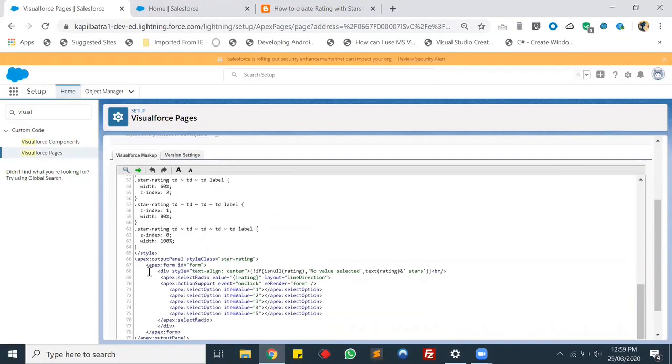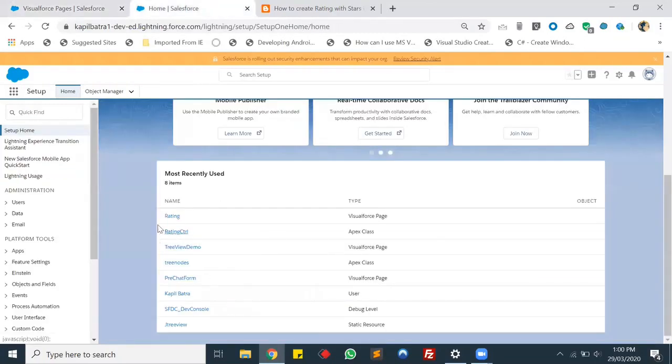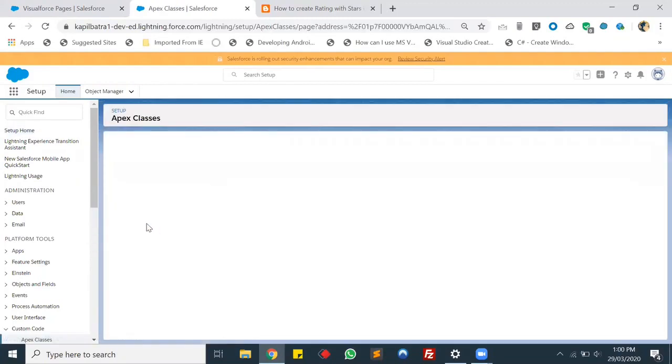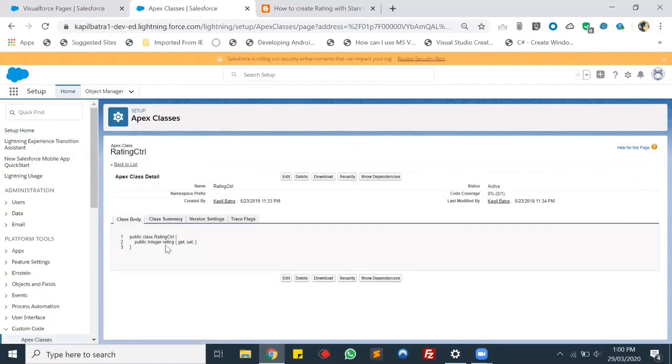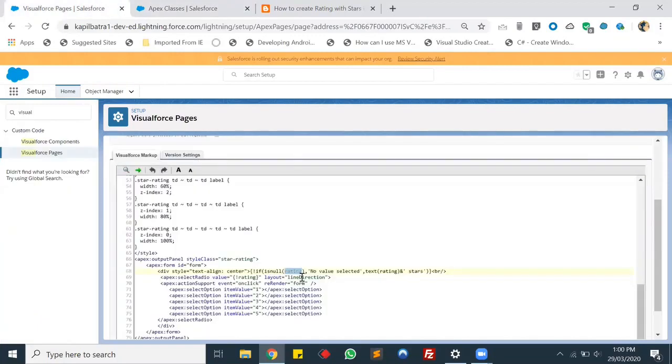After that, as you can see, we have created an output panel here, and after that, we are using the radio button and the select options to show the star values here. Here, I have prepared an if condition: if the rating variable, which we have created in the RatingCtrl, let me just show you again. See, the rating variable is here. So here I'm checking if the rating variable is null, it should display no value return. And if it is not null, then it should display the rating value,